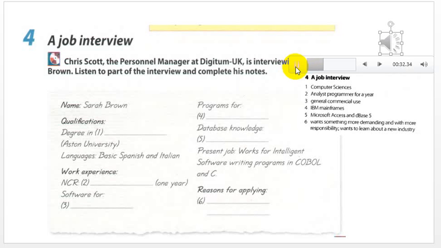The programs were for use on IBM mainframes. That's good to know. And have you ever worked with databases? Yes, quite a bit. I usually work with Microsoft Access and DBase 5. And what about your present job? What do you do in intelligence software? Well, I write programs in COBOL and C for commercial use. I write instructions, test programs,